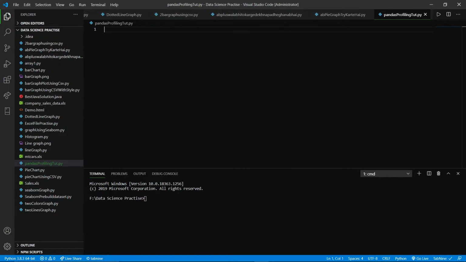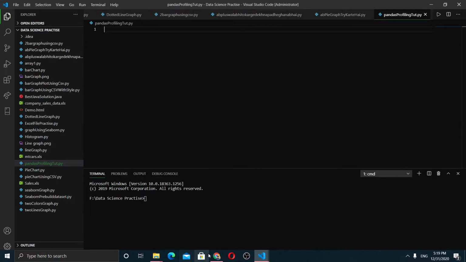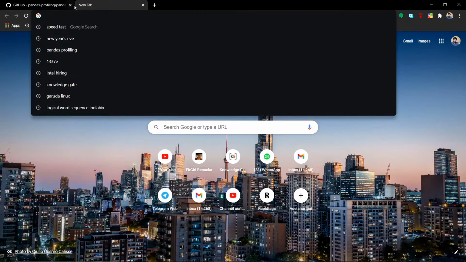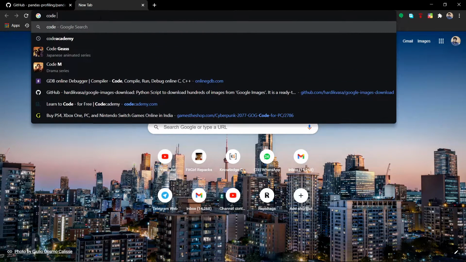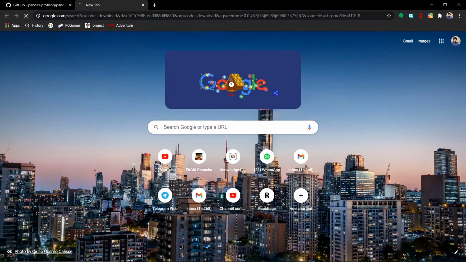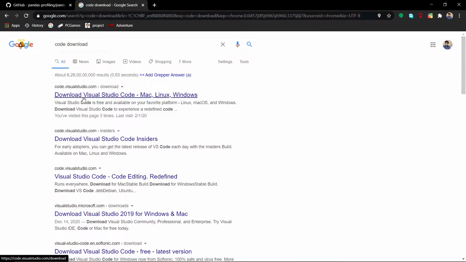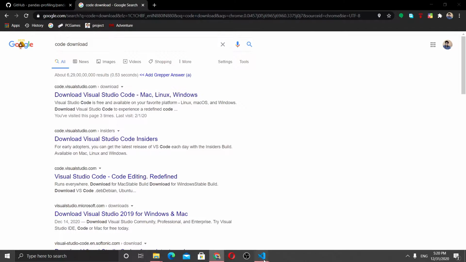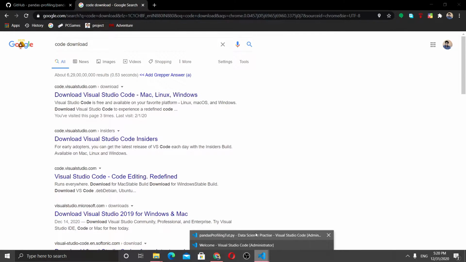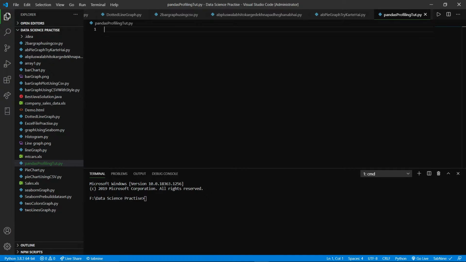So here you can see that I have opened my Visual Studio Code. If you don't know how to download it, let me show you. You just need to go to code.visualstudio.com, download. As you can see, you just need to click the first link, and then this IDE is for you. This IDE is a fantastic guide. You can learn a lot of things from it. Actually this is a free IDE, and I think this is the best IDE for working in Python or doing HTML work or any work you like. It consists of extensions, so you can download any extension and start working on it.